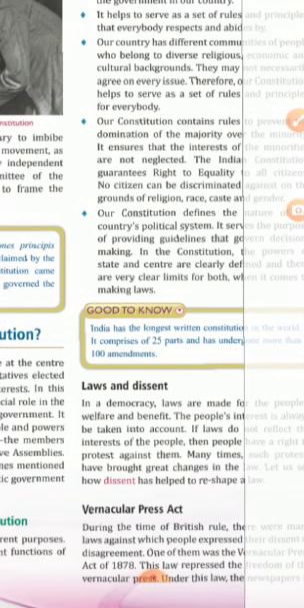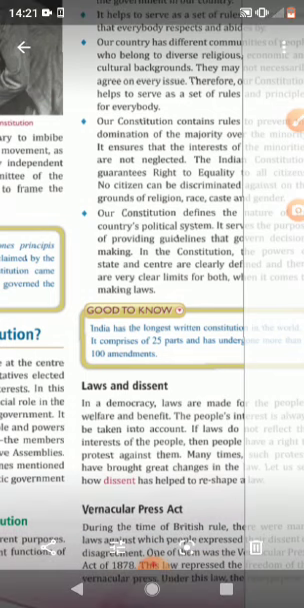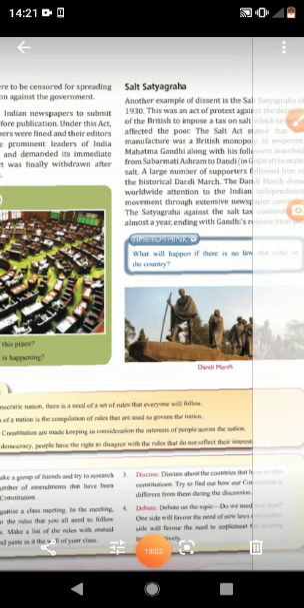Now another topic is the Salt Satyagraha. This is also one kind of dissent. Now what is the Salt Satyagraha? The Salt Satyagraha is a movement started by Gandhiji around 1930. Gandhiji started the Civil Disobedience Movement, and the Salt Satyagraha was one part of that. So this protest was done against the decision of the British government, who had